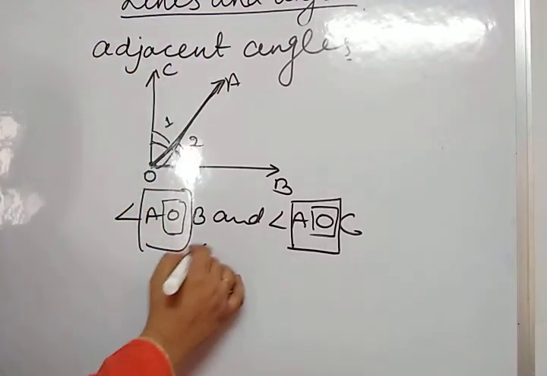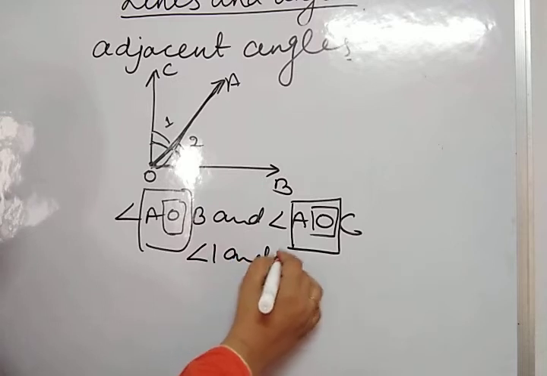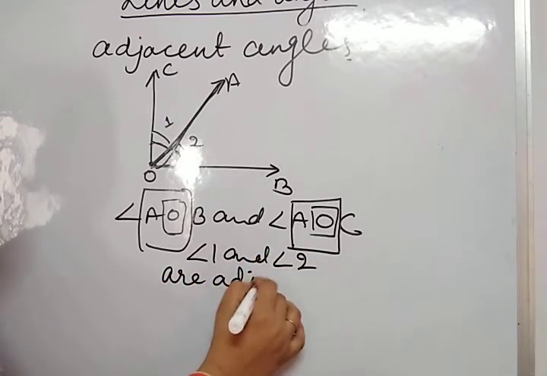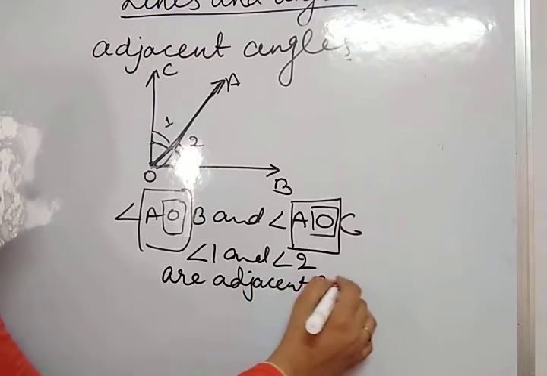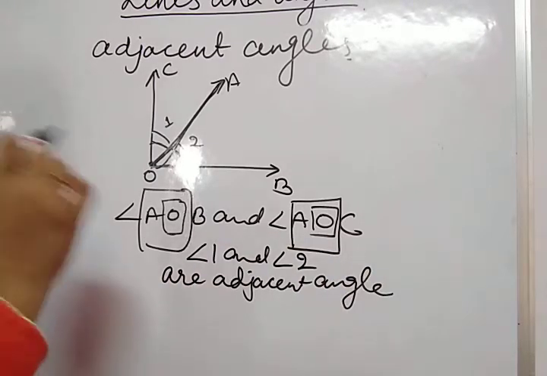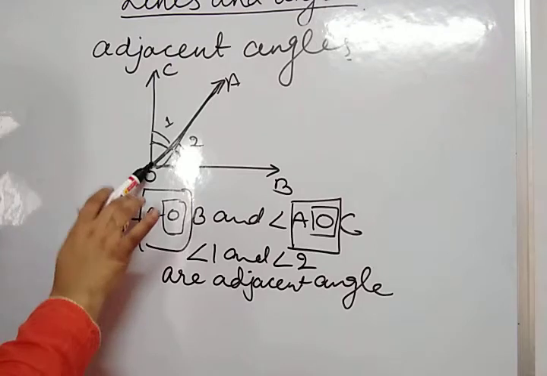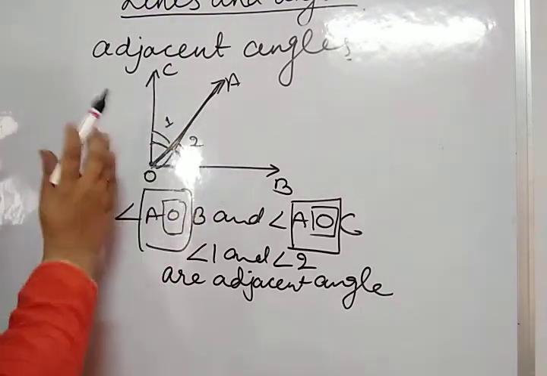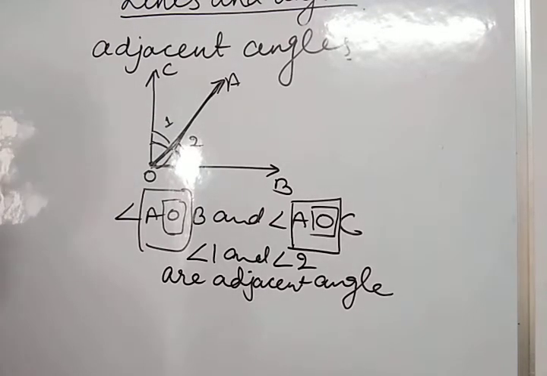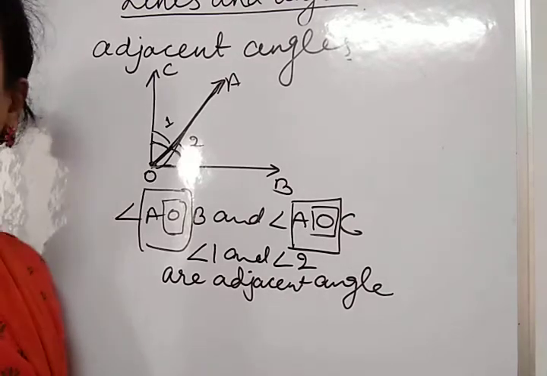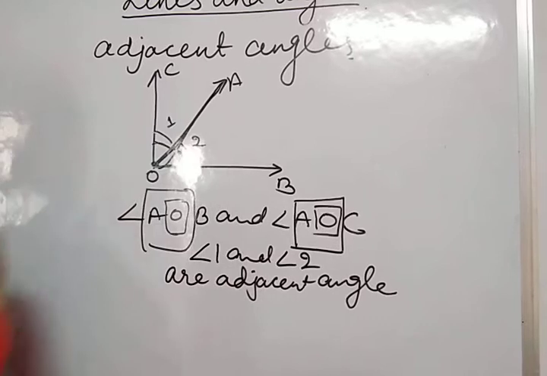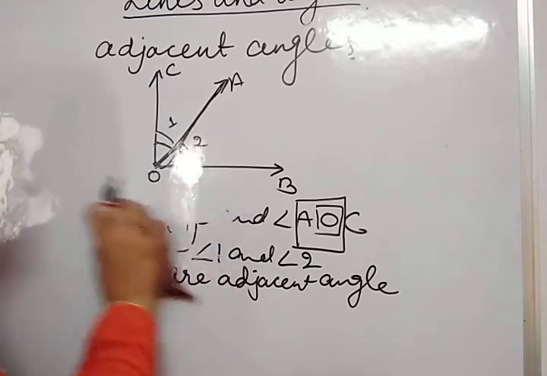Now we can see that angle 1 and angle 2 are adjacent angles. Means the angles which have a common vertex, a common arm, and the uncommon arms on either side of the common arm are said to be adjacent angles. Okay. Here angle 1 and angle 2 are adjacent angles, but